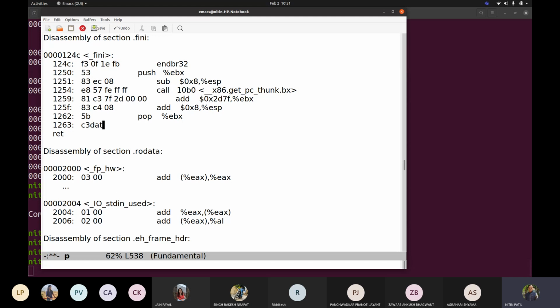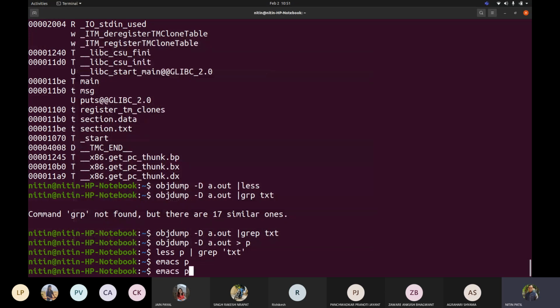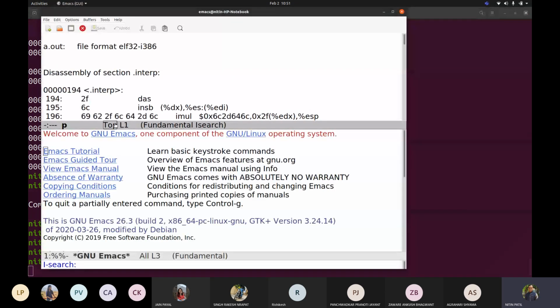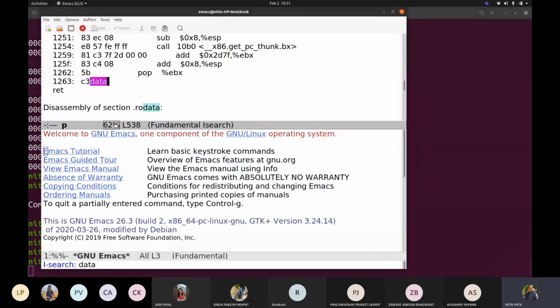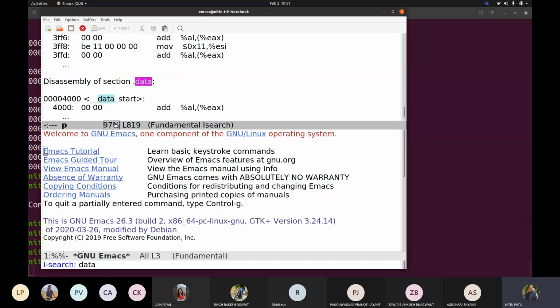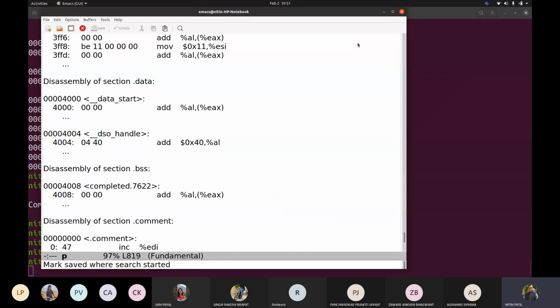Then data, sorry. Now this data, correct? So let us see this. Now this data is containing something with respect to some message which is telling me, okay, you have to make use of this.